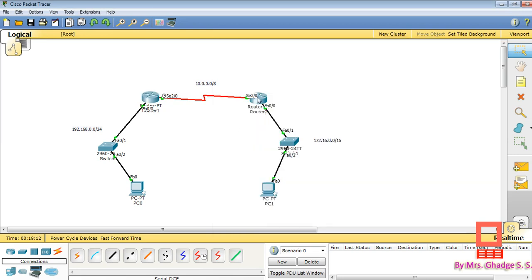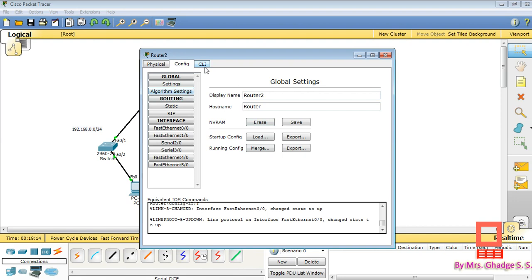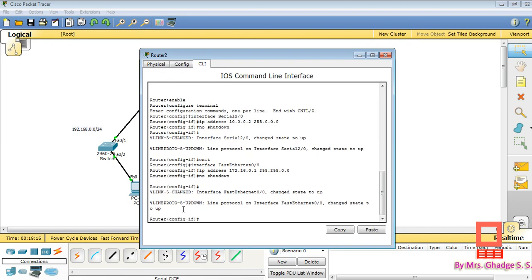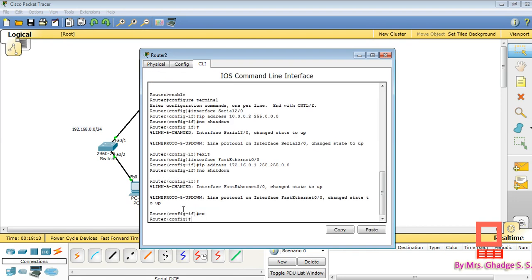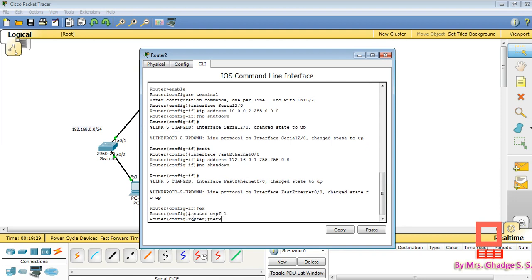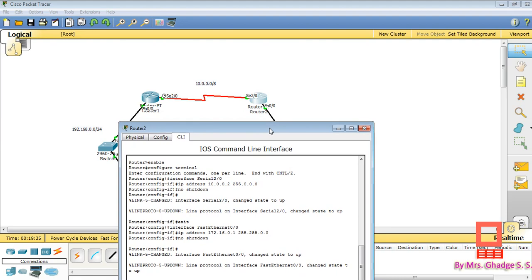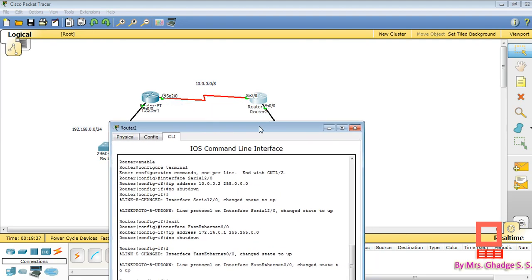So just click on router 2, go to CLI, then in global configuration mode write the first command, router ospf 1. Then we have to write the network commands. The first network directly connected to the second router is again 10.0.0.0.